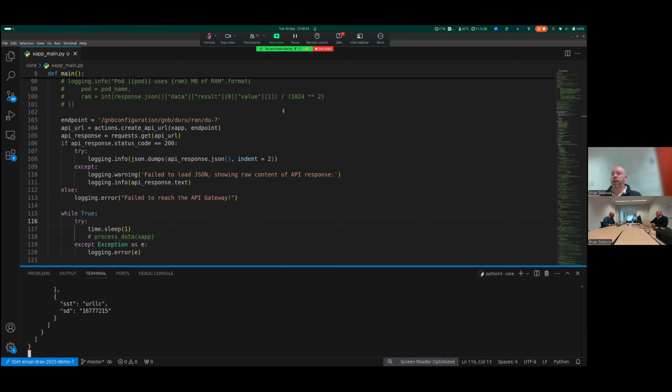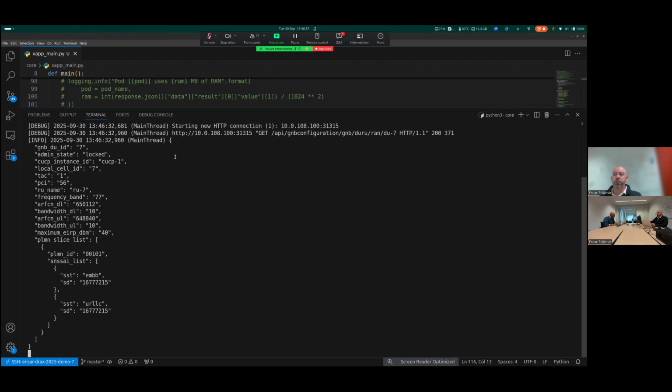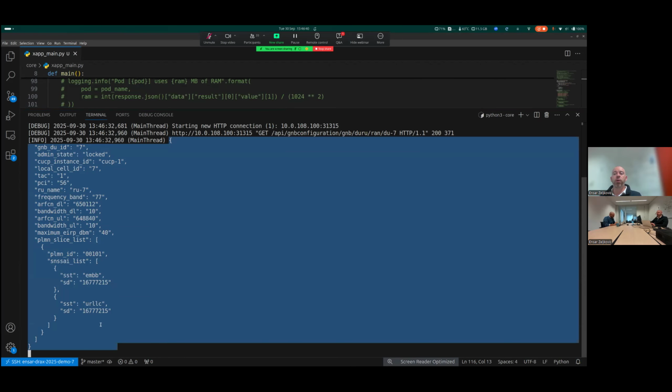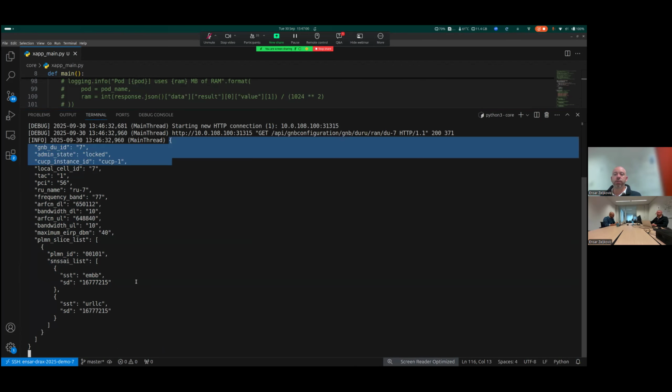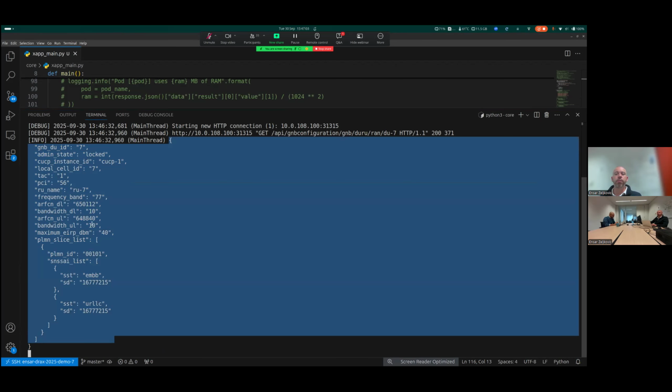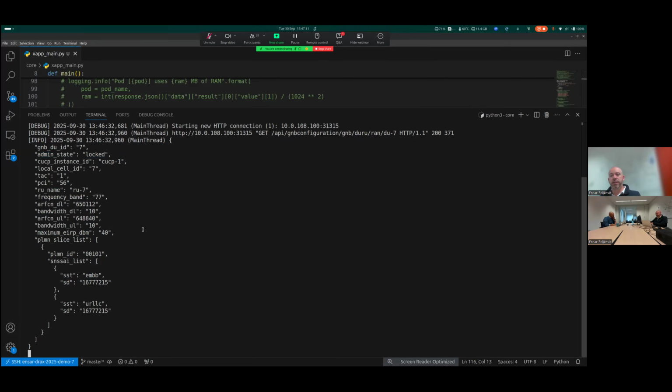So as you can see, now we don't have such a large configuration JSON, but a smaller one which is specific only to this cell. And one of the things you see is that its admin state is locked. That also translates into the cell being off air. So one easy thing we can do is unlock it and let the cell come on air. Now, how do we do that? Well, it's very easy. Once you have this configuration, you can edit any part of this configuration and basically post it back on the same API endpoint for it to take effect. Let's try to do that now.